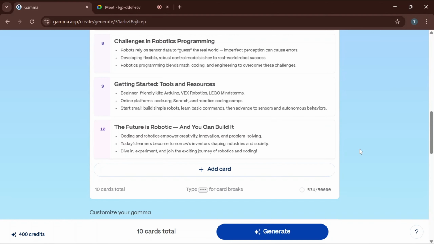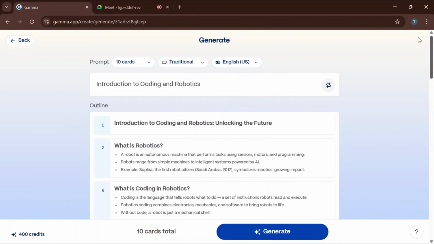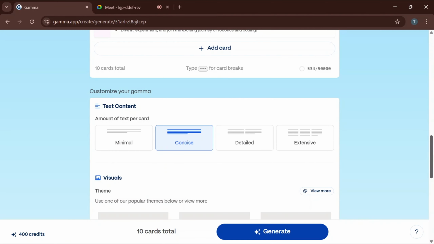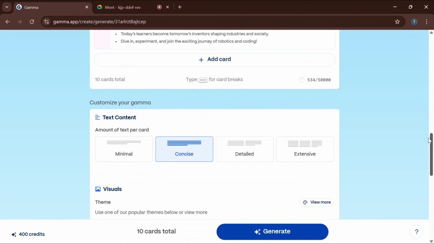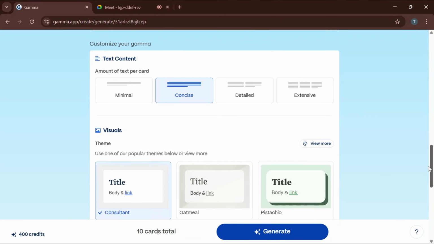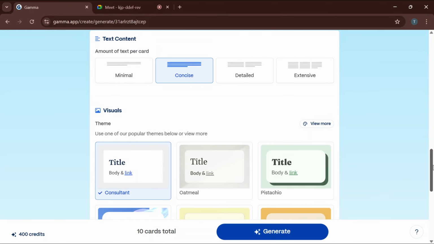So after looking at all this, we can come down to customize your gamma. We can decide that we want minimal words, concise words, detailed words, or extensive words on the design. So what this means is that if you choose minimal words, it is going